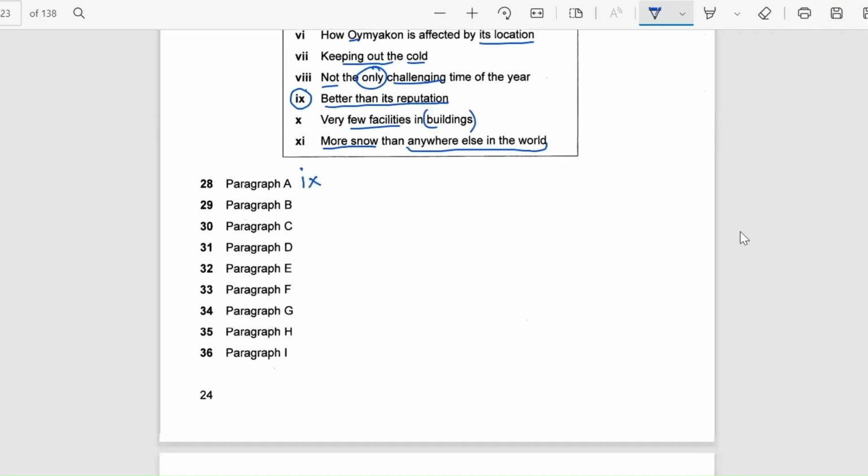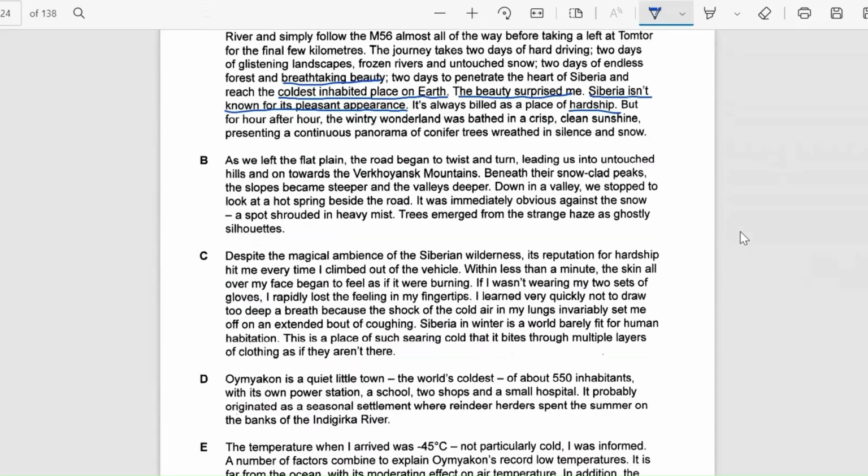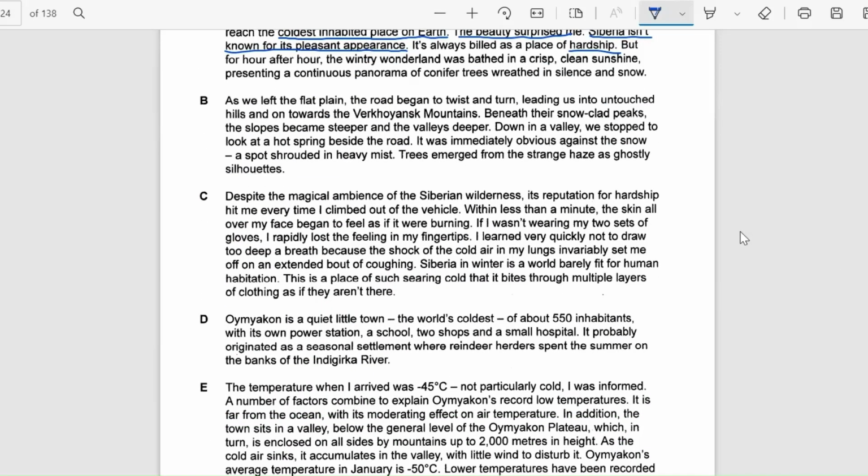So let's move to the second paragraph. Now here we can see that he's talking about how he left the plain, and beneath the snow-clad peaks, slopes are being talked about, and the valley is deeper. Some talk of landscape is again coming into the picture here, like it was there in the first paragraph. And then it was immediately obvious. Okay, so here he's talking about the landscape, and we can clearly see that